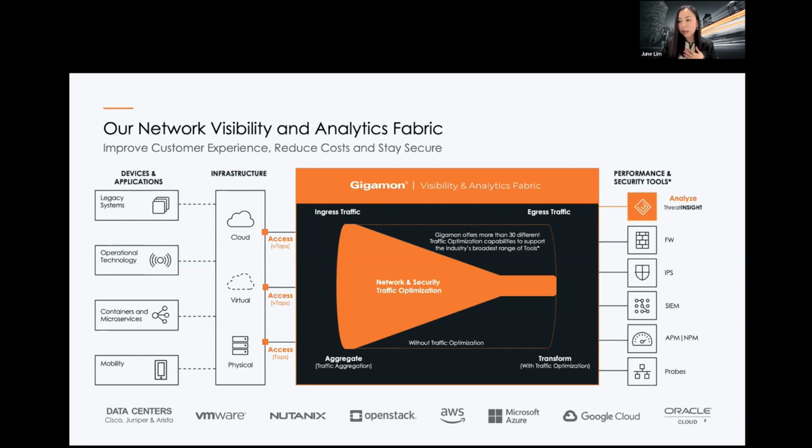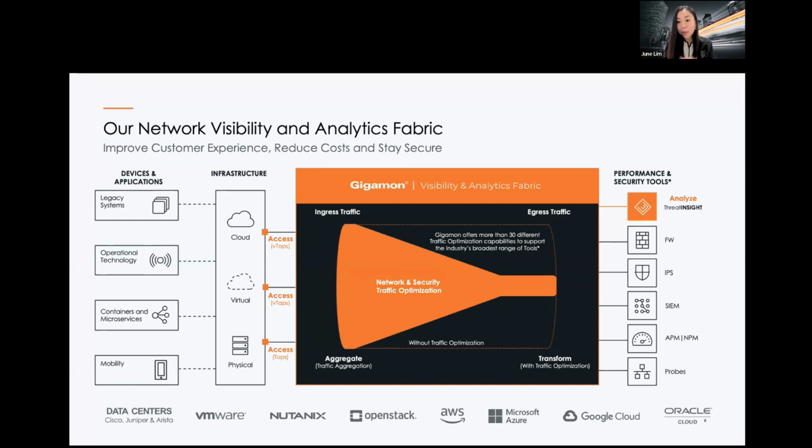So you can have all these different 100 gig links, 40 gig links, 10 gig links coming in, a huge chunk of traffic. If there's no Gigamon in there, you need a big capacity tool. But with Gigamon in there, we can do traffic optimization before we send it to the tool. Your tool may not need to see everything.